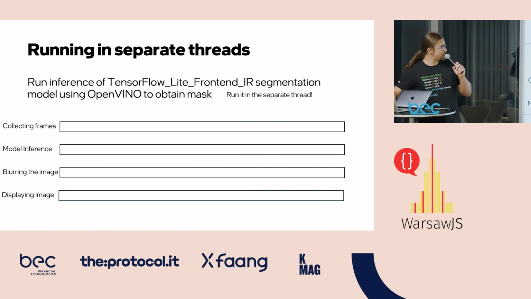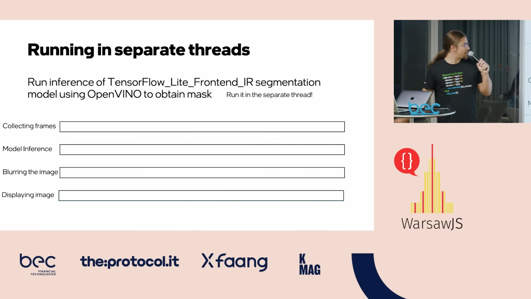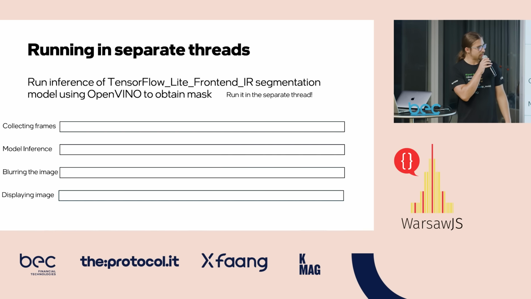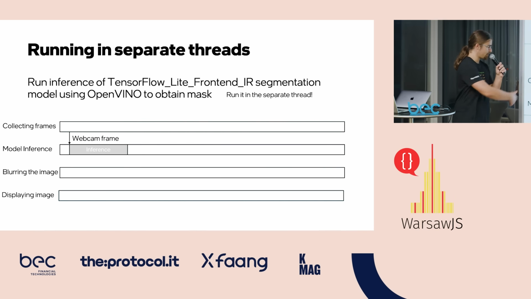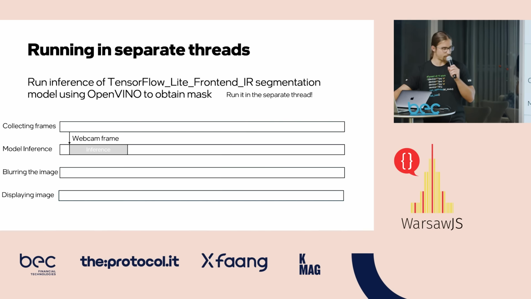This is not the end. Okay, here we are. So these are the 4 threads that are in this application. First, we have the collecting frames thread, which just takes frames from the webcam and makes them available for us in the code. So we take the webcam frame. Later, in the separate thread, we run inference on this frame. And we get the result mask